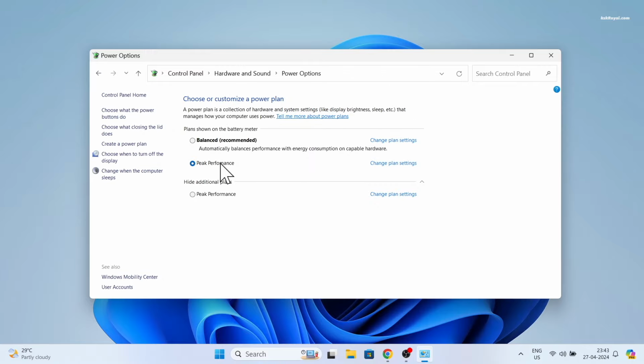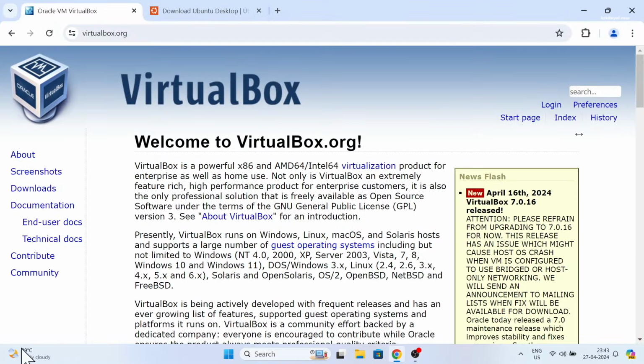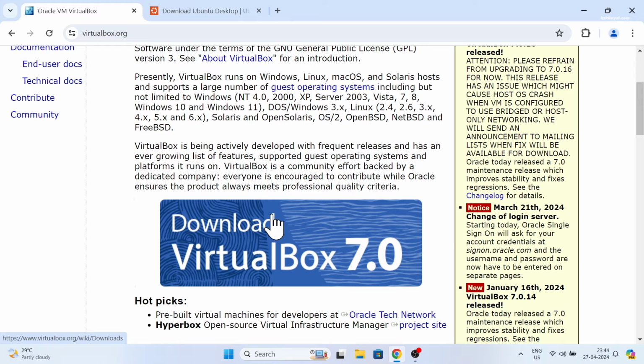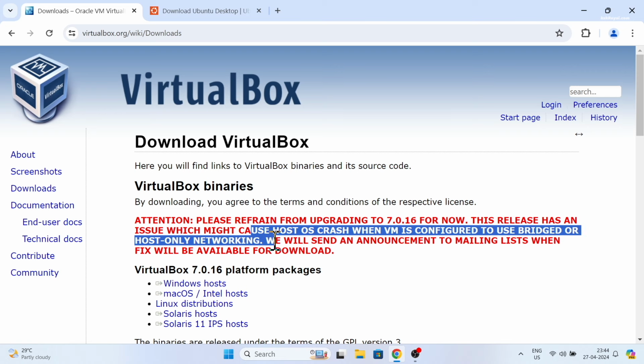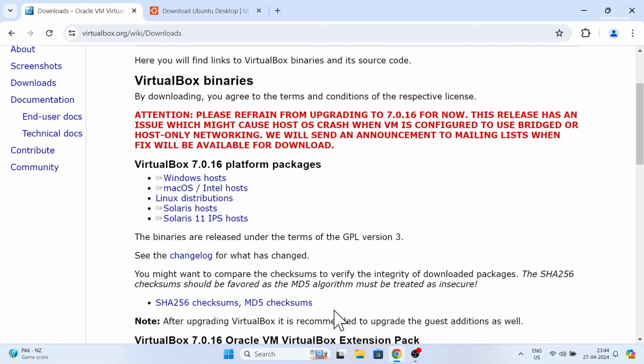Go ahead, open your favorite web browser and head over to this link to download VirtualBox for your PC or laptop. At the time of recording this video, VirtualBox 7.0.16 is having issues with the host computer. Basically, when the VM is configured to use bridged or host-only networking, it may lead the host OS to crash. This issue will be fixed in a few days, so no need to worry about it.